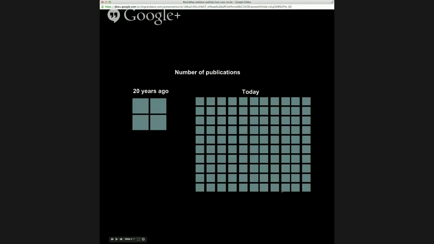So let's take a step back and understand how things have changed. This diagram illustrates how the number of publications that architects have access to has changed. Even 10 or 20 years ago, we probably had a handful of magazines. Now in Australia, which is a smaller market than the USA, we probably had 4 magazines. But the USA would have had a similar number. There would have been generally less.